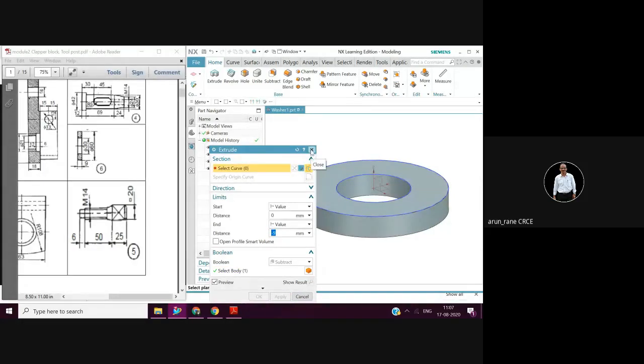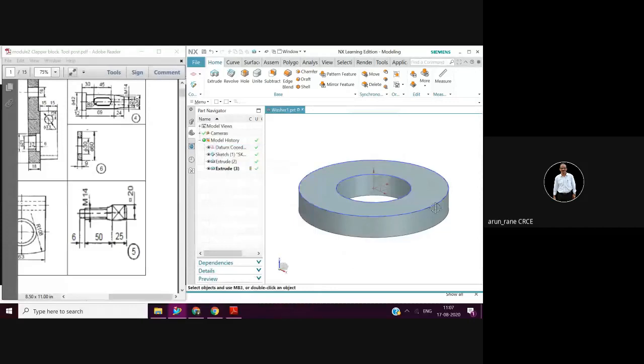Congratulations. So you got the second simple model. All right, Renan. Yes, sir. So you understood, no? So it was simple. First, for the pin, I just drew a circle and then I extruded. For the washer, I drew two circles, and then the outer circle I extruded, and then the inner circle I extruded and said subtract. That's a Boolean operation. Subtract, and it got subtracted.